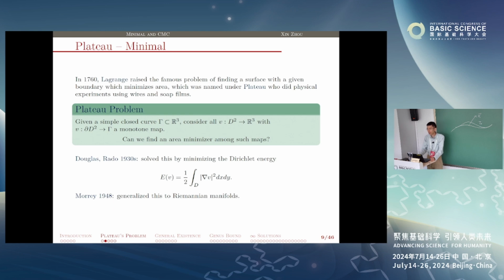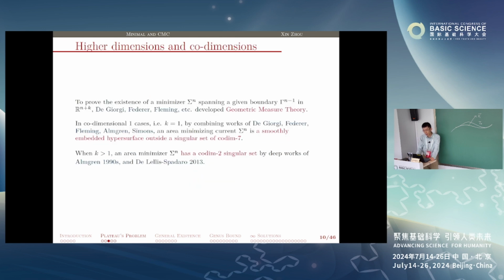Later on, Morrey systematically generalized this to Riemannian manifolds by changing R^3 to any Riemannian manifold. So that mainly concerns the regularity theory of elliptic PDEs. This is the classical Plateau problem. This problem attracted a lot of attention, and after that, people tried to generalize this to higher dimensions and higher